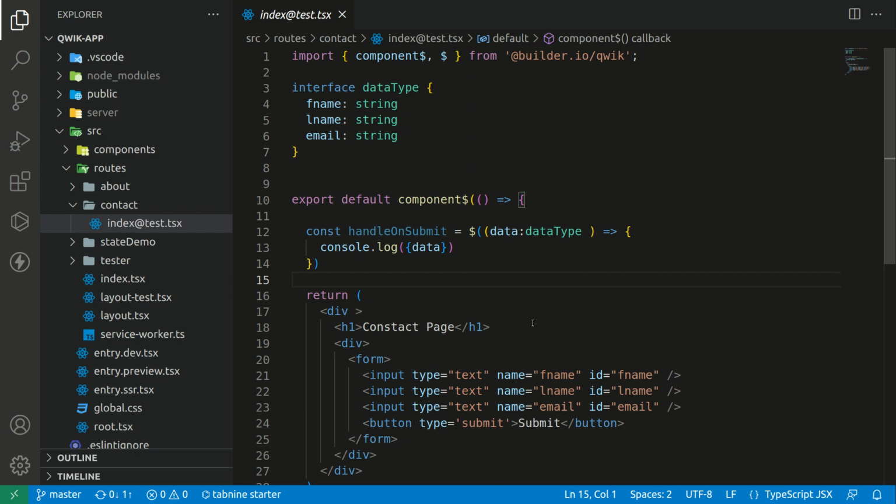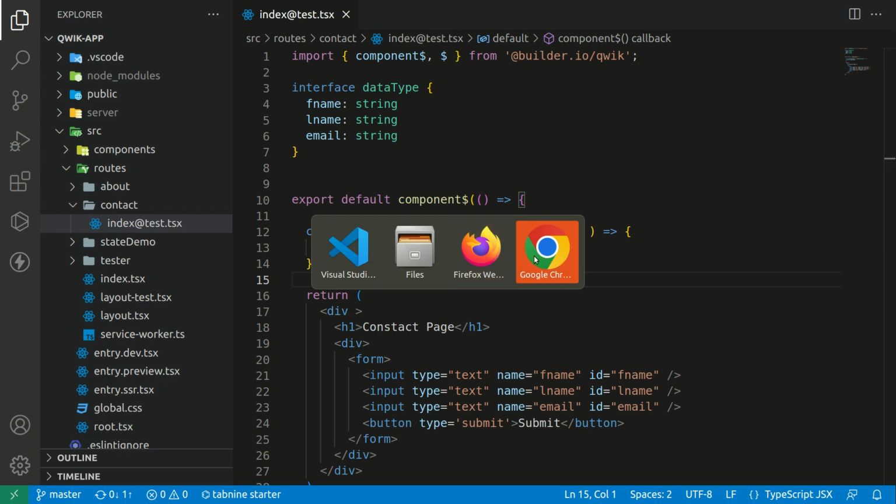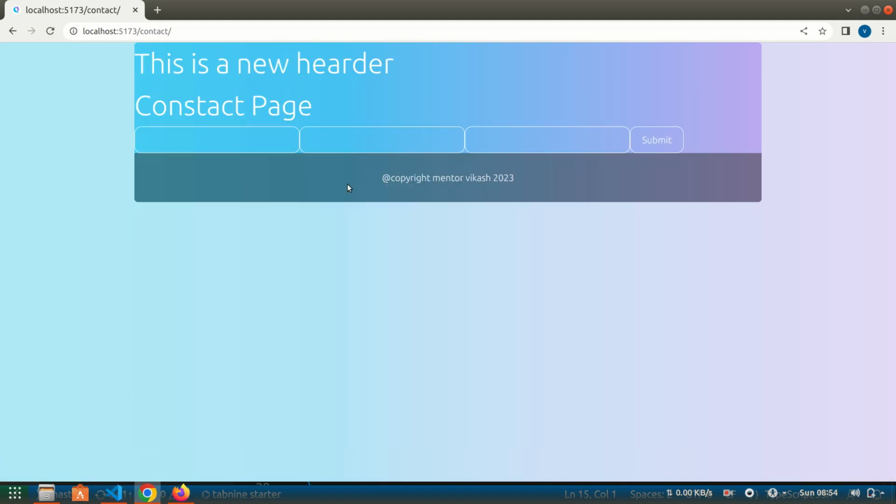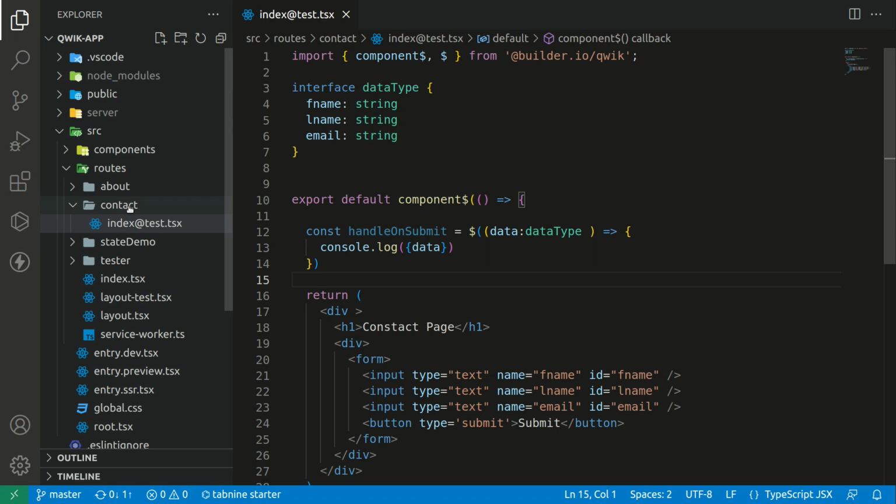And in this video we are going to understand how we can manage events in our Qwik application. To do this, it is a simple form which you can see here. If I navigate to this contact section, this is the contact folder, right? So here we have mentioned